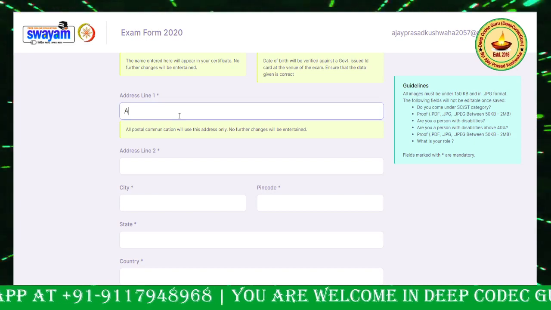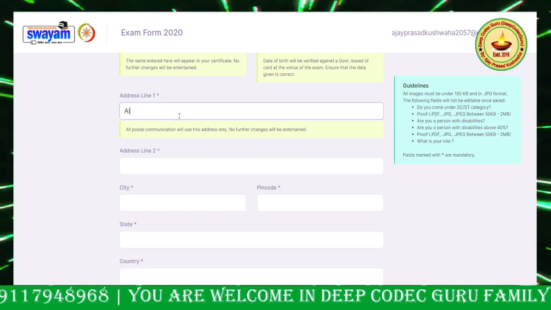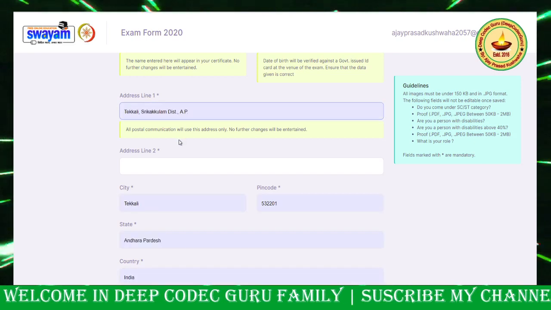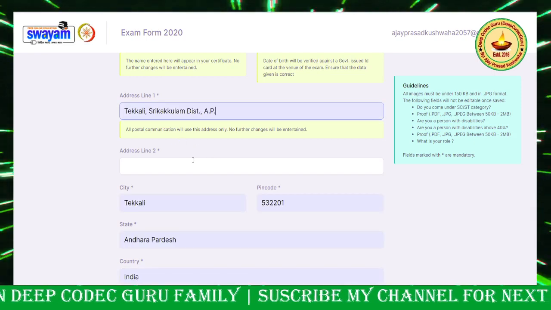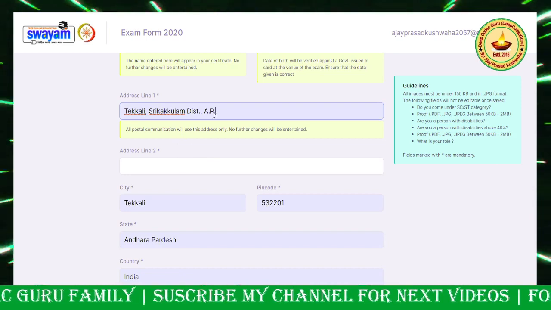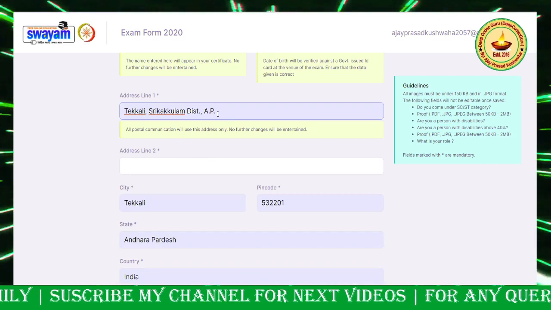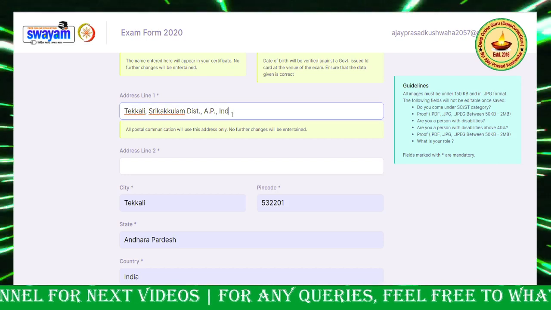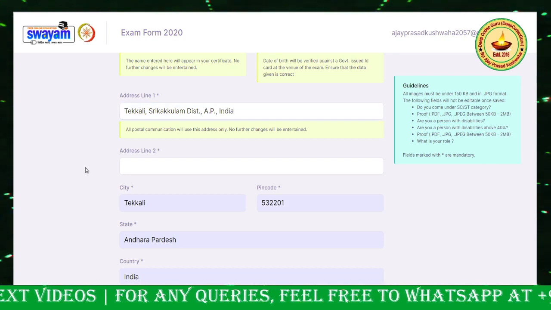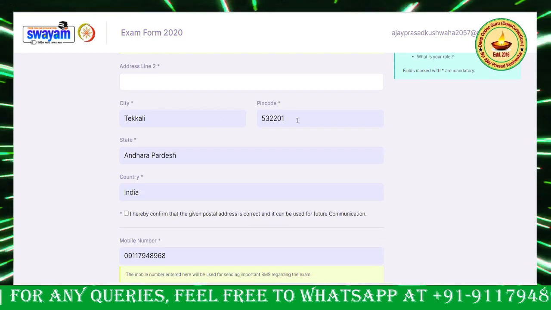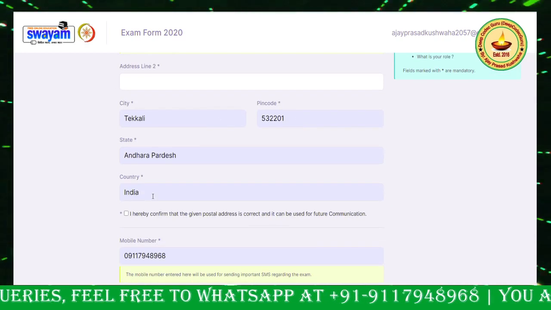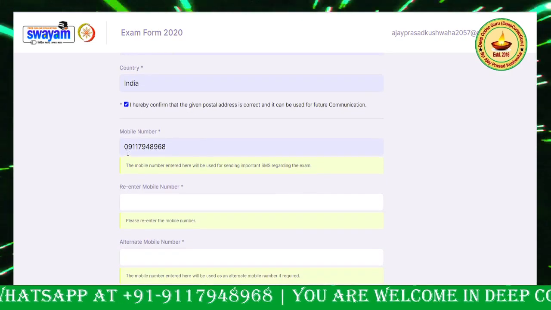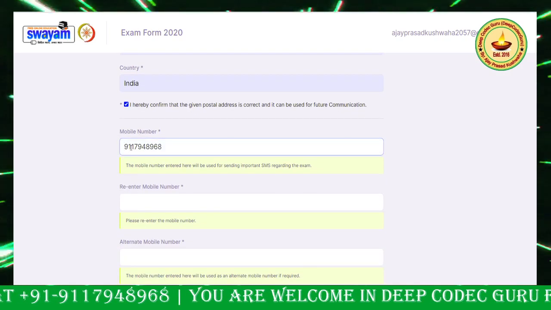So I will provide Tekkali. This is my location. Okay. Tekkali, Srikakulam district, Andhra Pradesh, India. Okay guys, so you provide your address, city, pin code, state and country. Done guys. Okay, so this way, and you can give your mobile number.